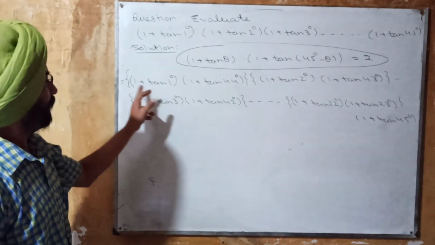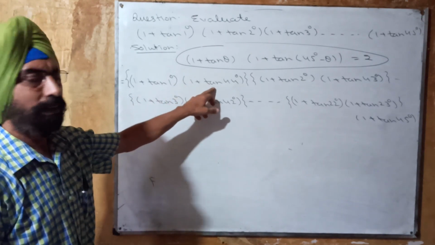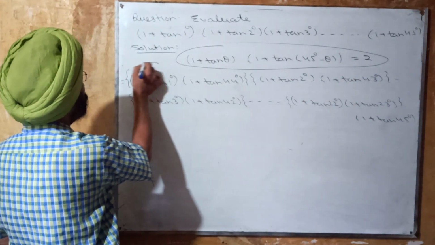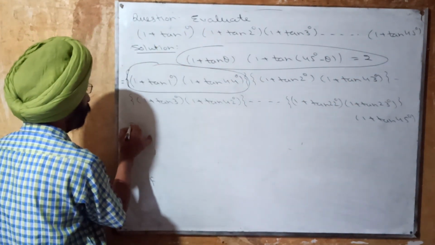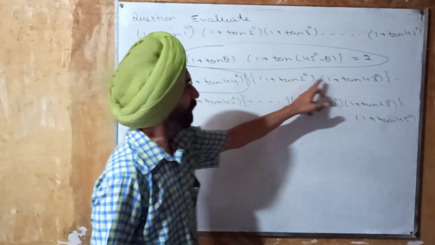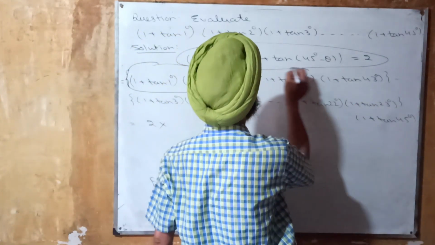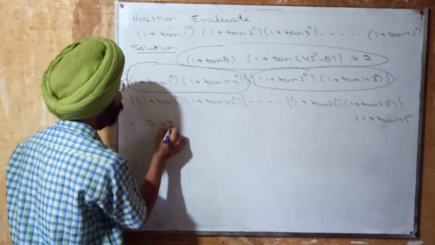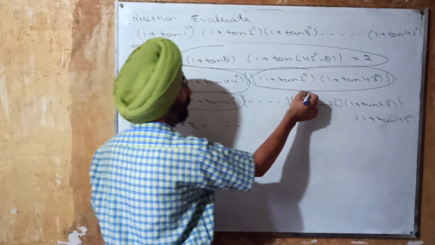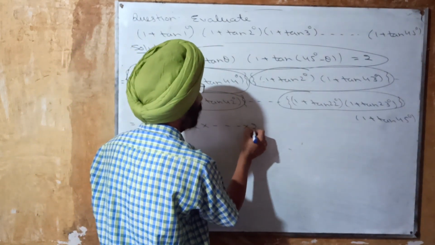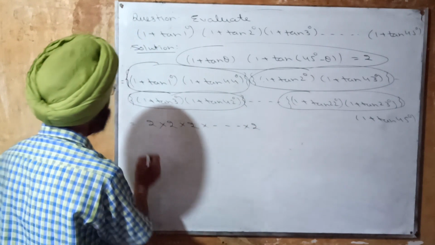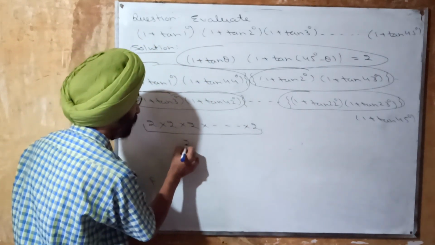Look at the first bracket. It is 1 plus tan theta, 1 plus tan 45 minus theta, and the value of this is going to be 2. So this term is equal to 2 multiplied by, similarly it is again 1 plus tan theta, 1 plus tan 45 minus theta. So this is again going to be equal to 2, and so on. It is again going to be multiplied by 2. And how many terms are there? This is tan 1, tan 2, tan 3 up to tan 22. So these are in collection 22 terms,